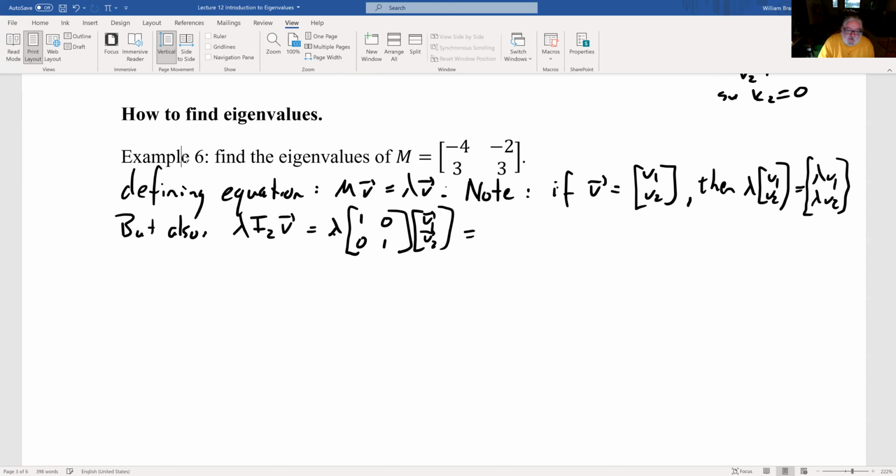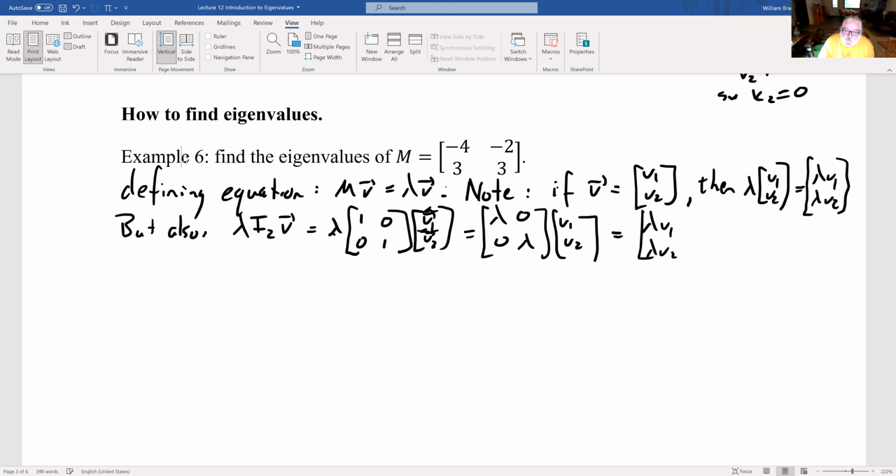I can multiply lambda into the identity matrix to get this. Oh, these are not vectors. They shouldn't have arrows on them. V1, V2. Then you get lambda times V1 plus 0 times V2, and 0 times V1 plus lambda times V2 for the second one. These are equal. That makes me happy because